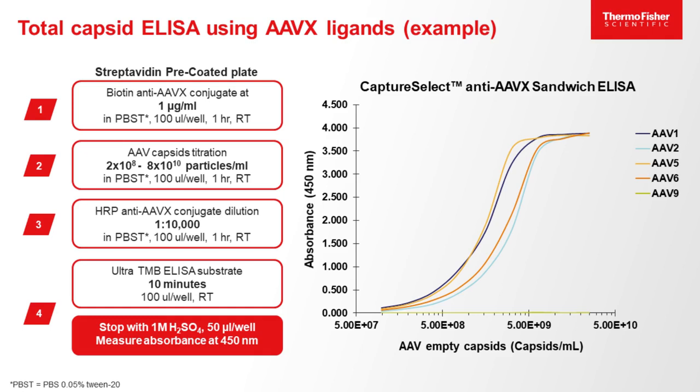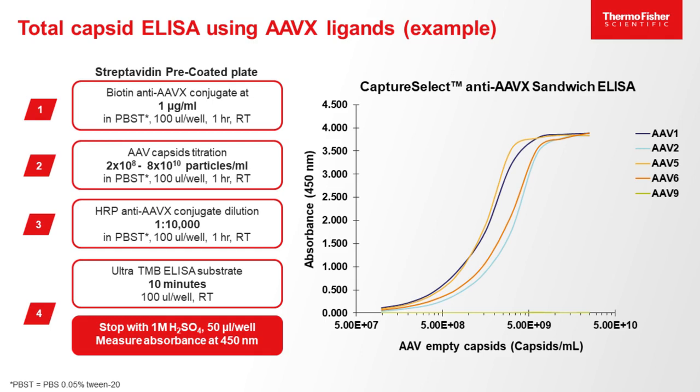Standard curves of each serotype were prepared separately for AAV1, 2, 5, 6, and 9, and then the standard curves were aliquoted onto the coated wells. After a 1-hour incubation, the wells were treated with a diluted preparation of the anti-AAVX HRP detection ligand, and this is followed by a 10-minute incubation with TMB substrate, and then the reaction is stopped with acid. This method is intended as a starting point, and of course, in-house method optimization is always recommended. But under most conditions, you can expect a valid assay in the range of 1E8 to 1E11 capsids per mL